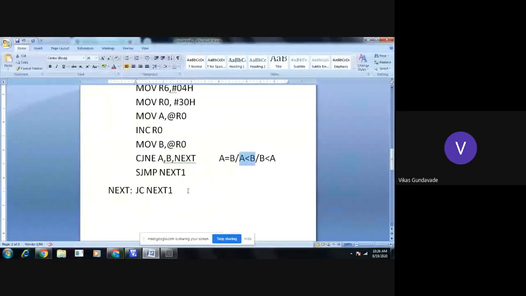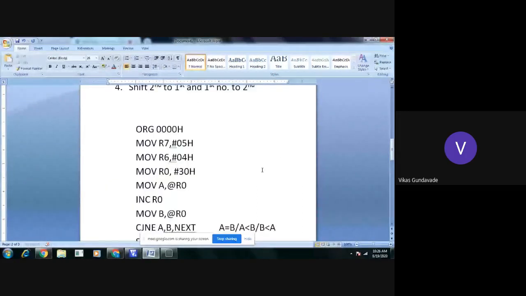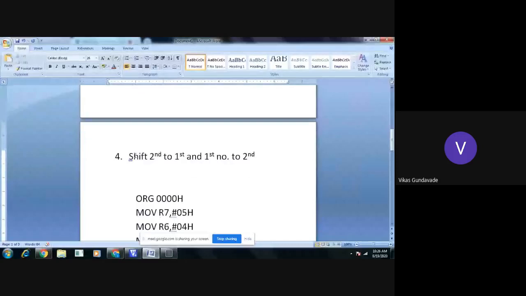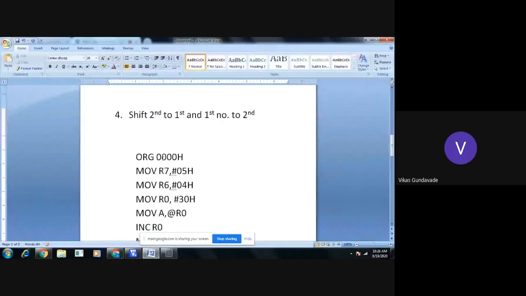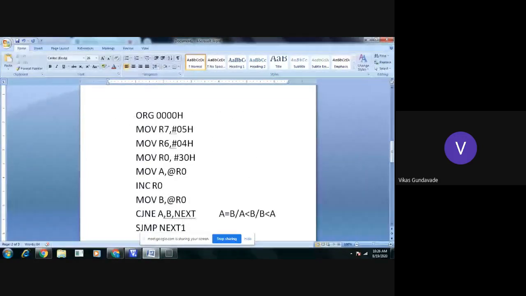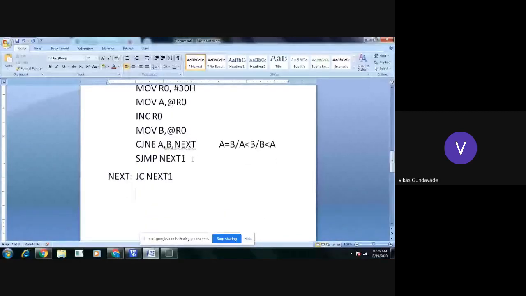Now, if suppose the carry is not generated, then we need to make the modification. And this modification is, if B is less than A, what is the modification we need to require? We need to shift the second number to the first position and first number to the second position. Okay. Now see here, if carry is not generated, then what happens?